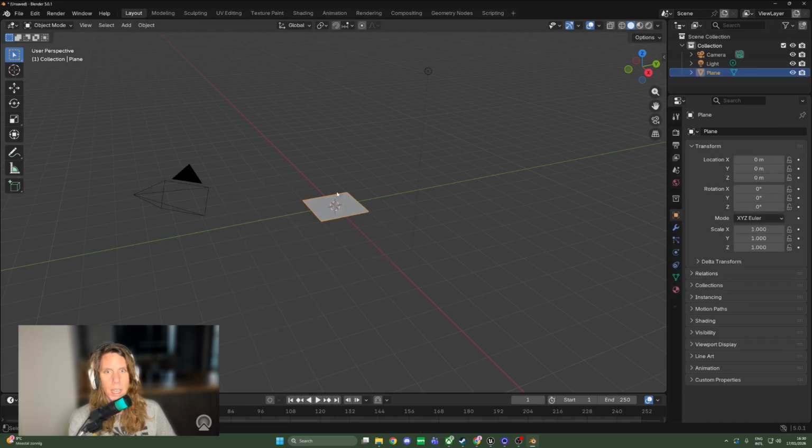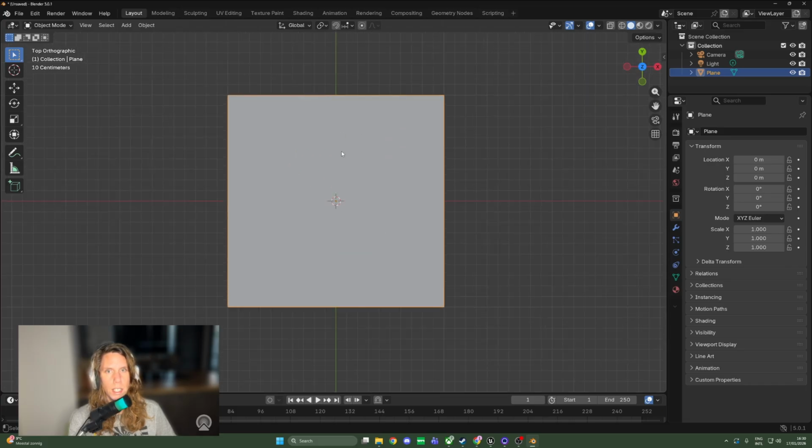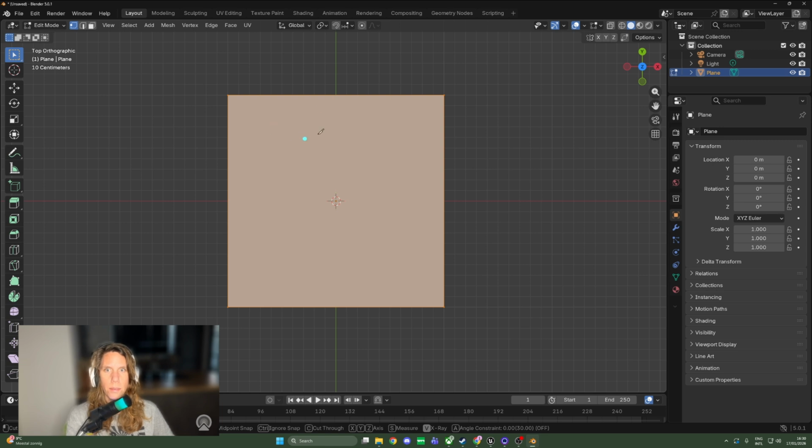then Shift A, Mesh, Plane, and go to Top View by clicking the blue Z, into Edit Mode by clicking Tab, and then press K on your keyboard to get the knife tool. With the knife tool, you can just click on different points to get shapes, like so. And then you click Enter,